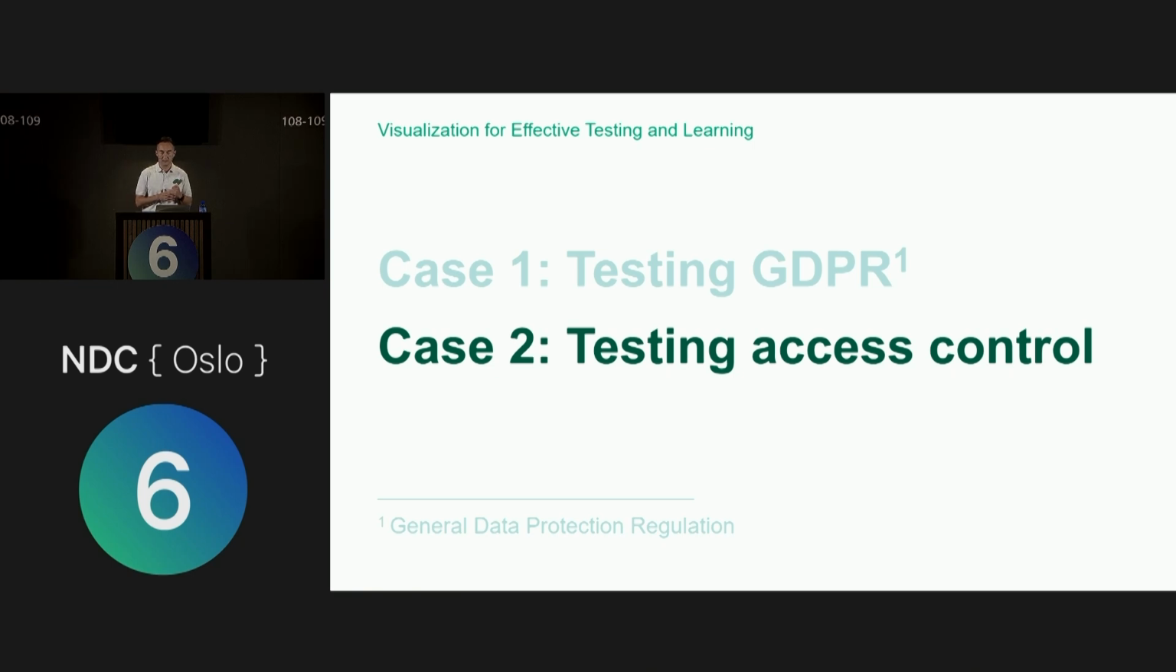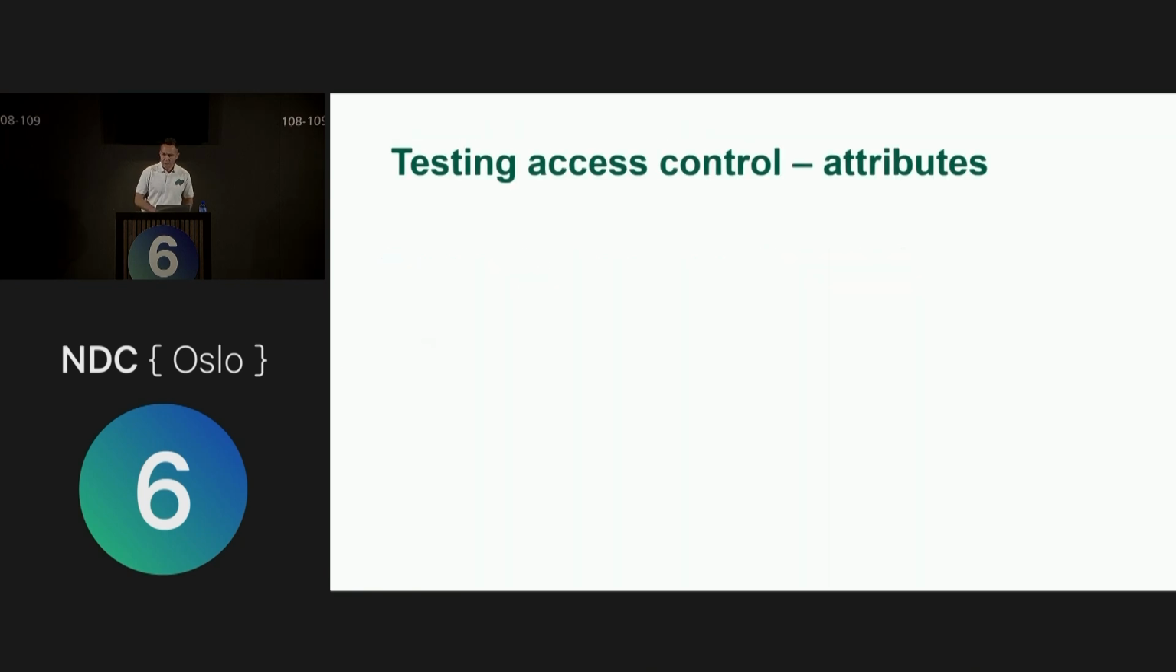The OWASP top 10 is a collection of security errors, sorted by which types of errors occur most often, and errors related to access control occur more often than all other security errors. So we need a somewhat more rigorous approach to testing access control. And the classical